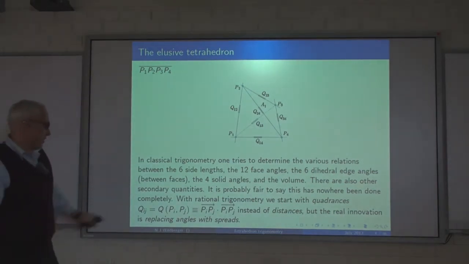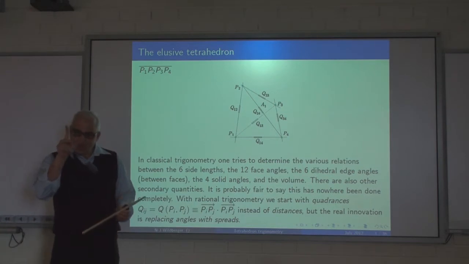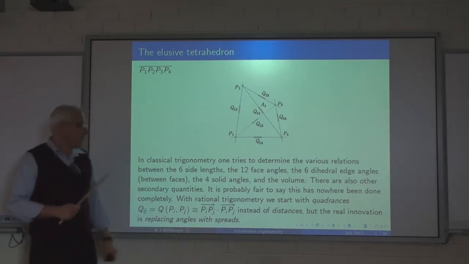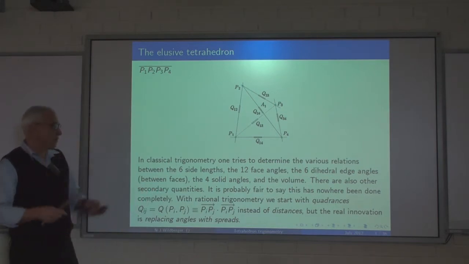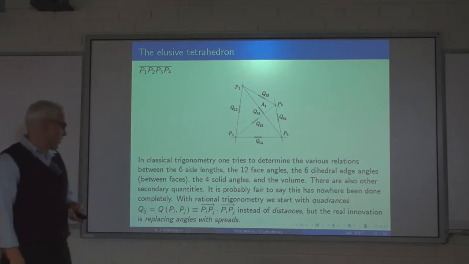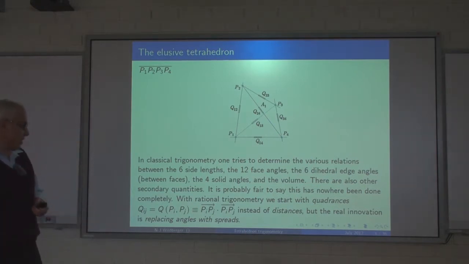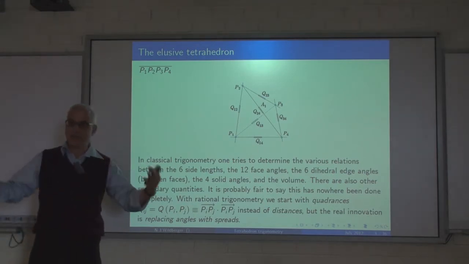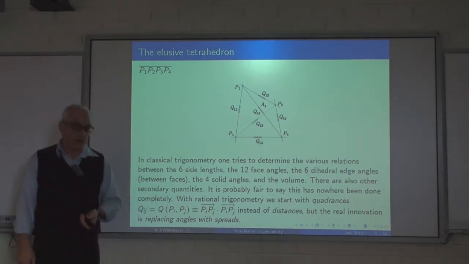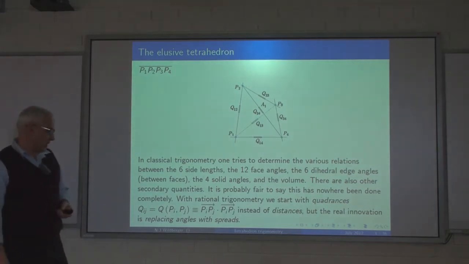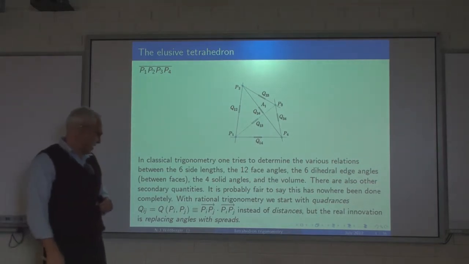And of course, then there's the 4 solid angles. At each vertex, there's something called a solid angle. And then there's the volume of the tetrahedron itself. There are also secondary quantities that we're not going to worry about. And it's probably fair to say that this has nowhere been done completely in terms of understanding all the relationships between these various things. And our approach is that we're going to use rational trigonometry, and we're going to start